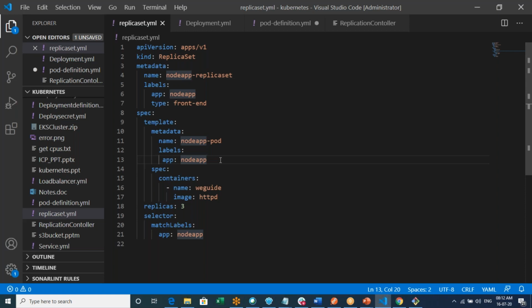It is not the same. You'll have other replicas for that particular pod, so you are not clubbing it. That's why I'm saying one container, one pod only. Got it. The replica set for one application will be different, and for another application it would be a different replica set.